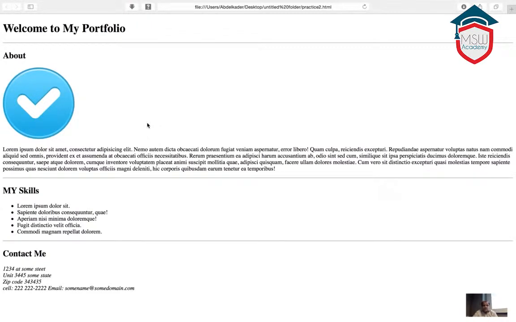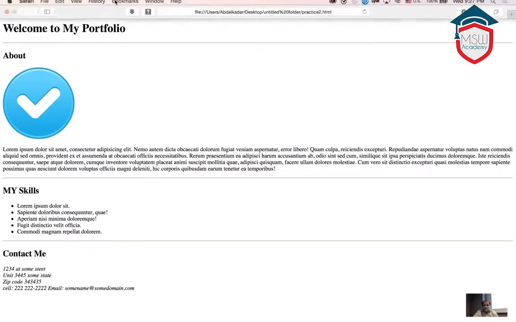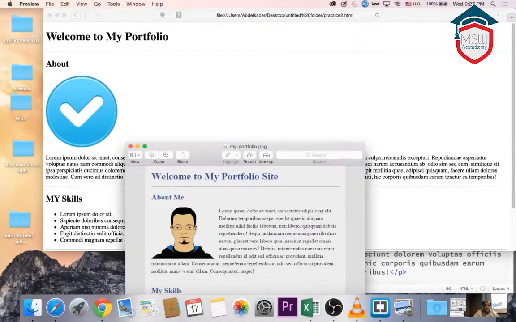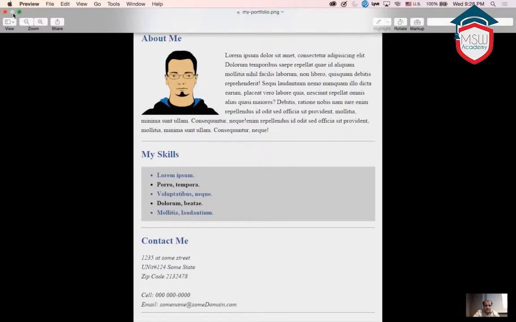Okay, so you see, it just spans the entire width of the computer. But in the image, that's not what we have, right? Here you see it spans the entire window. But the image is kind of in the middle, right? So how can we achieve that? Float that image, right? Not a float, but